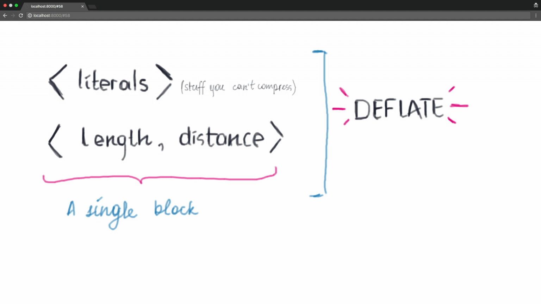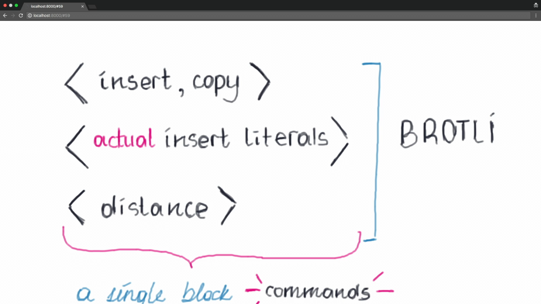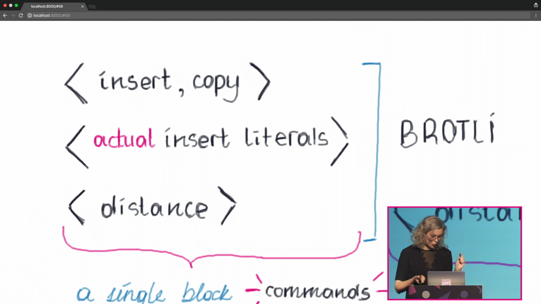That's Deflate. What Brotli has is that a single block is actually a set of commands, if you can see the bottom. So instead of just these interpretations, it's a set of commands. What it has is insert, copy, distance, and actual insert literals. And what's interesting about this is that normally weighted symbols have a dictionary that you only insert while working in